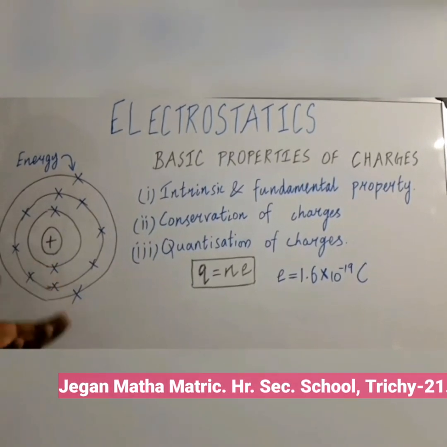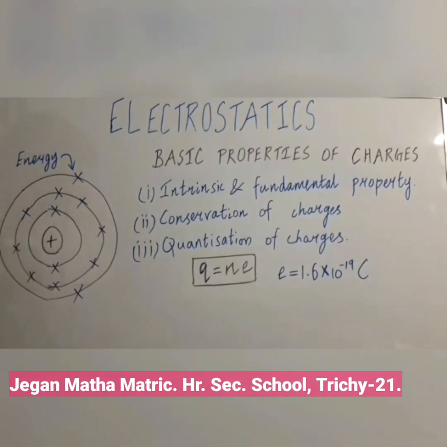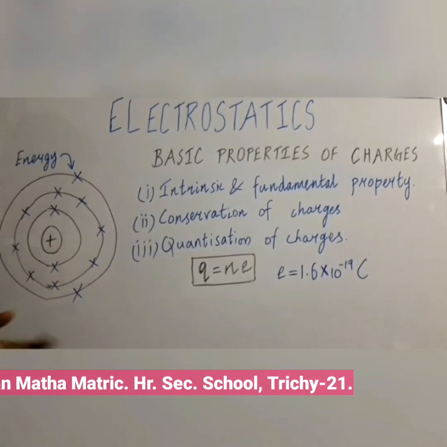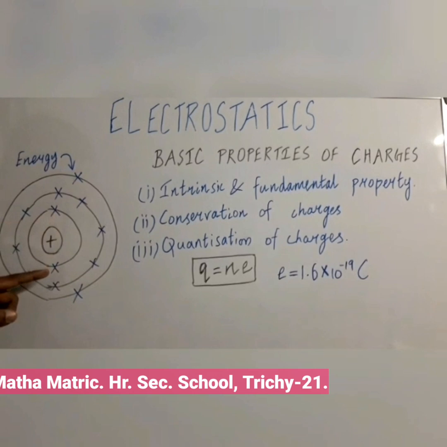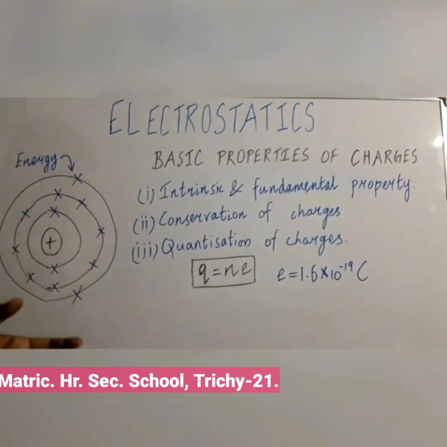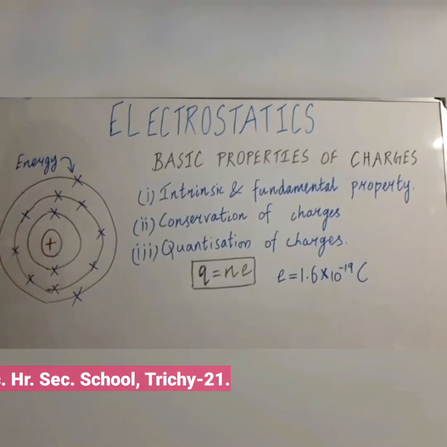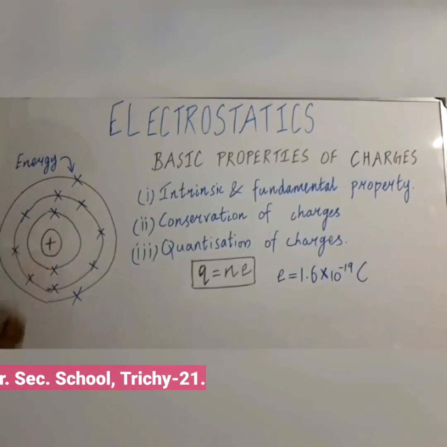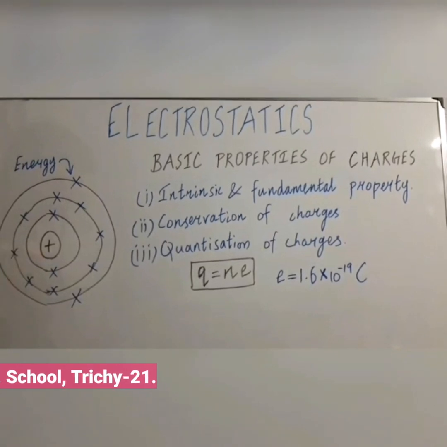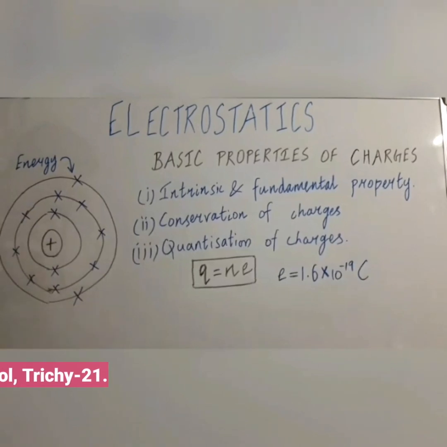We know that atoms are the tiny particles which make all the substances. Even the atom is made up of subatomic particles named electrons, protons and neutrons. Here I have drawn the basic structure of an atom. An atom has a center called the nucleus, which is made up of positively charged particles, that is protons, and neutral particles, that is neutrons.